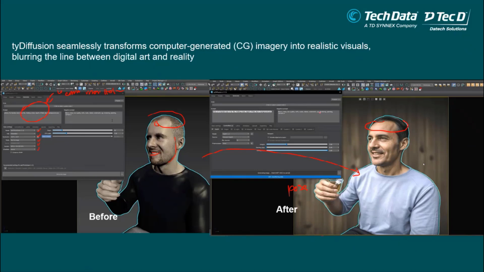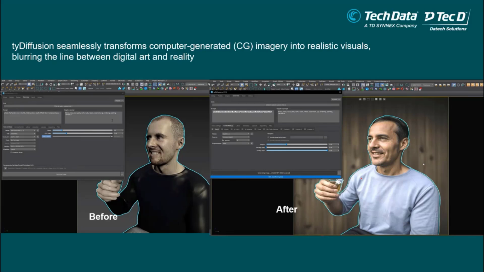This is something very helpful. If you have any CG, let's say this is for a reference scan. Sometimes some people say this cannot be a final render, but if you say you want it to be a final render, yes, it can also.